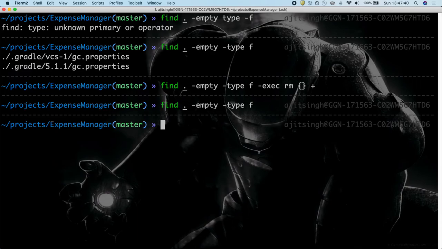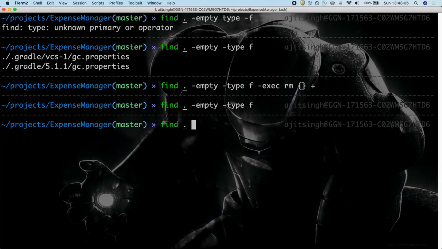Similarly, you can run any command that you like on the particular search output that you have achieved, but I would suggest before running the exec command, always figure out what the output of the find is so that you are sure the operation that you are performing is on the desired output only.